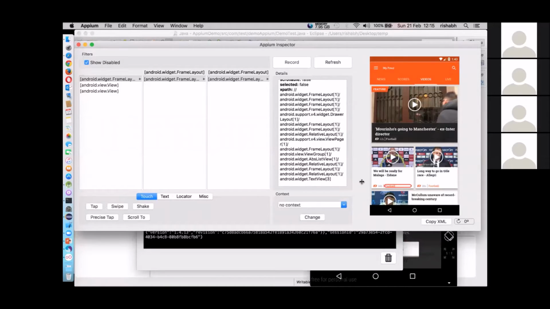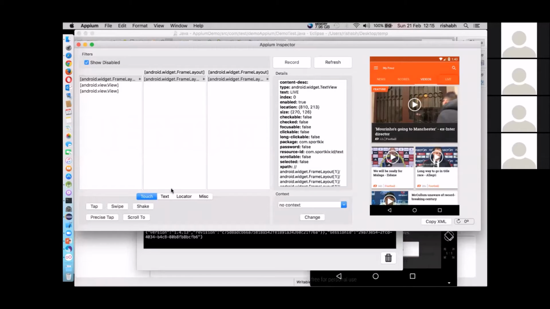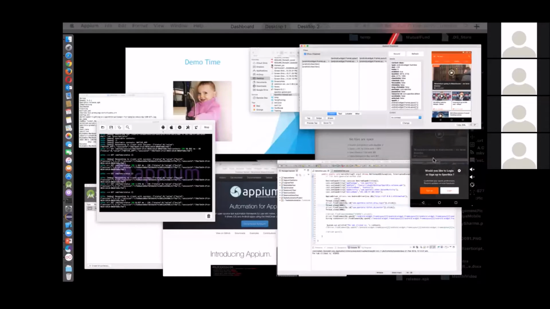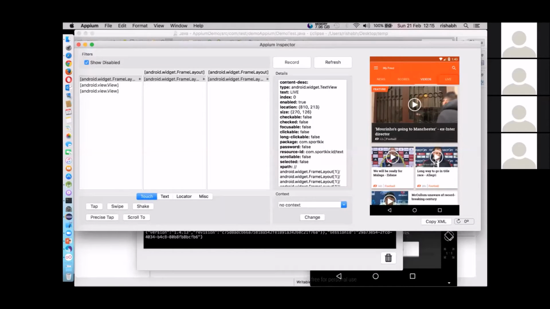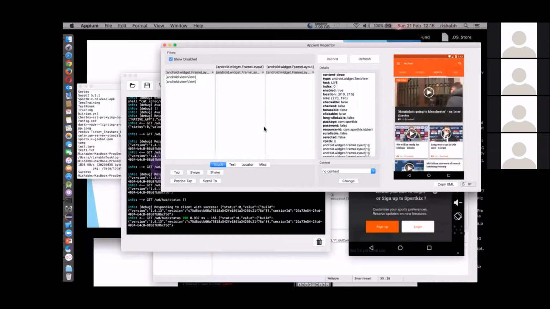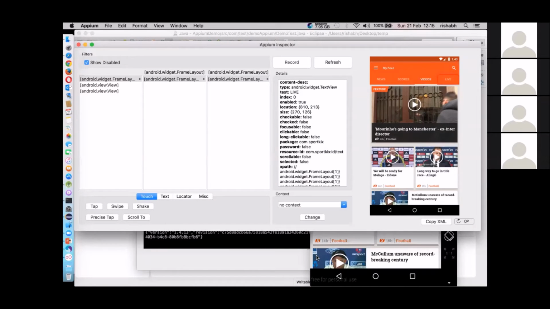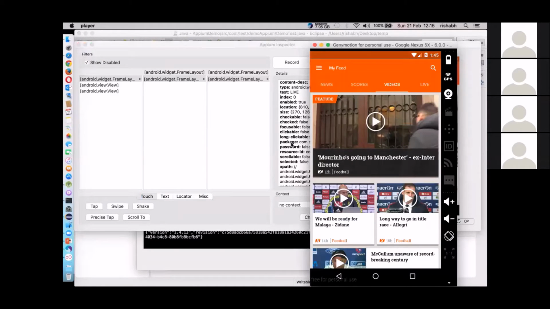So let's say we'll click on this one and we have to tap on this. I have selected live, and now I will try to tap on it. Currently, if you can see, it's on video, fine, in the emulator.